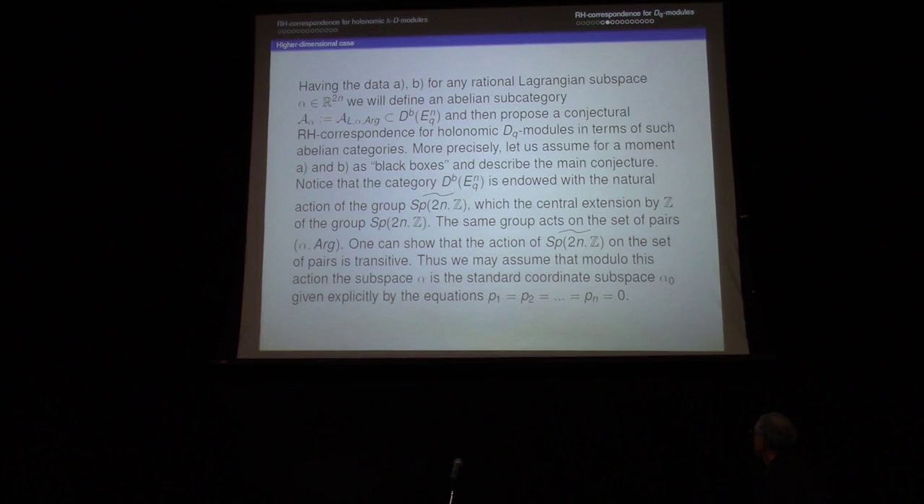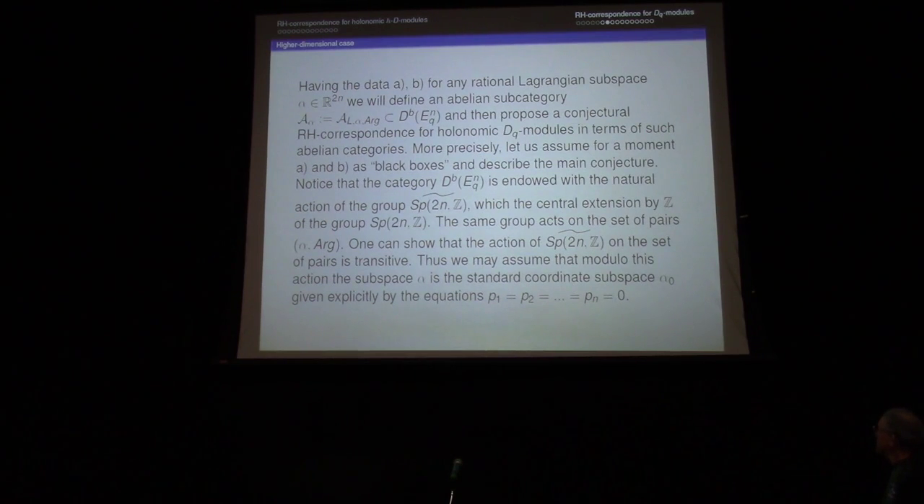integer shifts of complexes. The same group acts on the set of pairs: a rational Lagrangian subspace in R^{2n} and the choice of the argument. We can shift an argument by a multiple of 2 pi, and we can act by an element of Sp on the Lagrangian subspace. In particular, we can take an arbitrary Lagrangian subspace and, using this action, make it into a standard one. So in this standard one